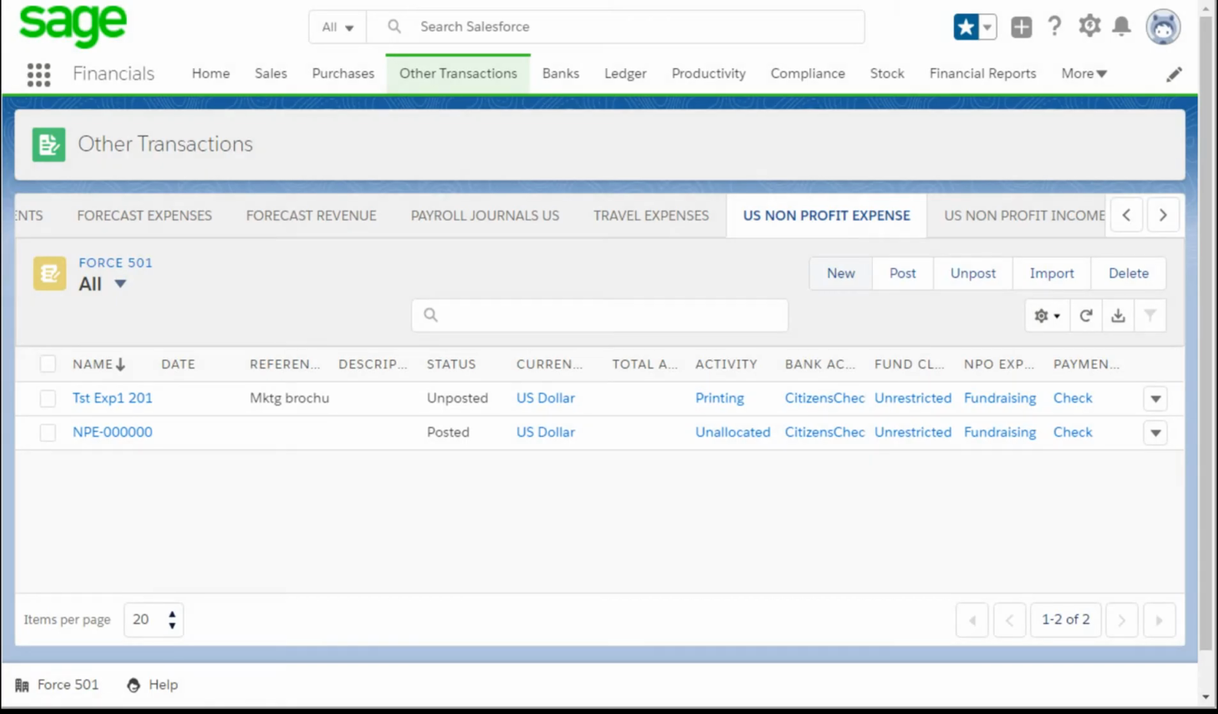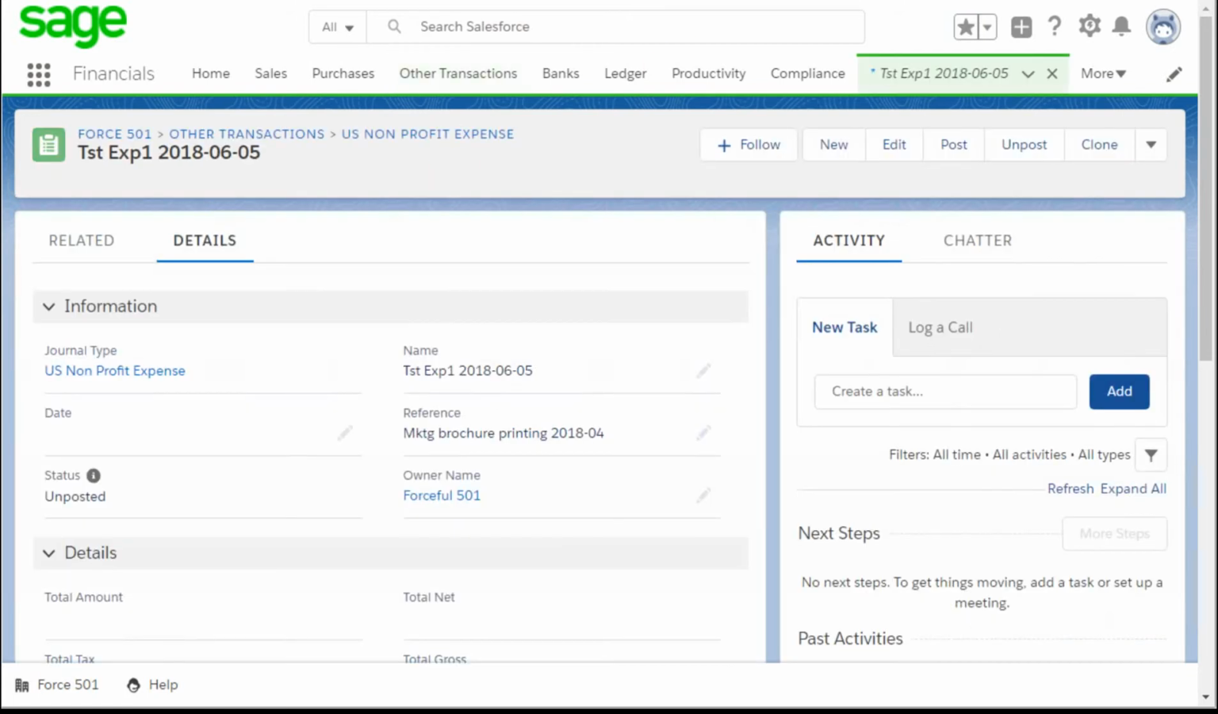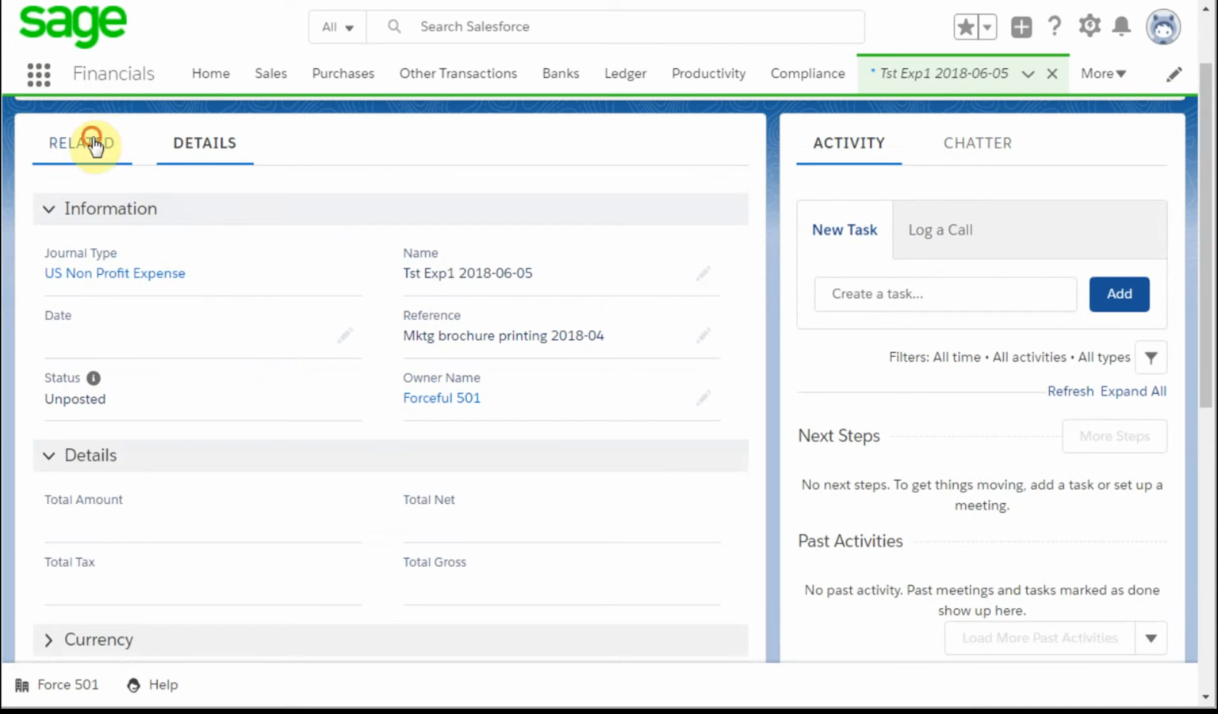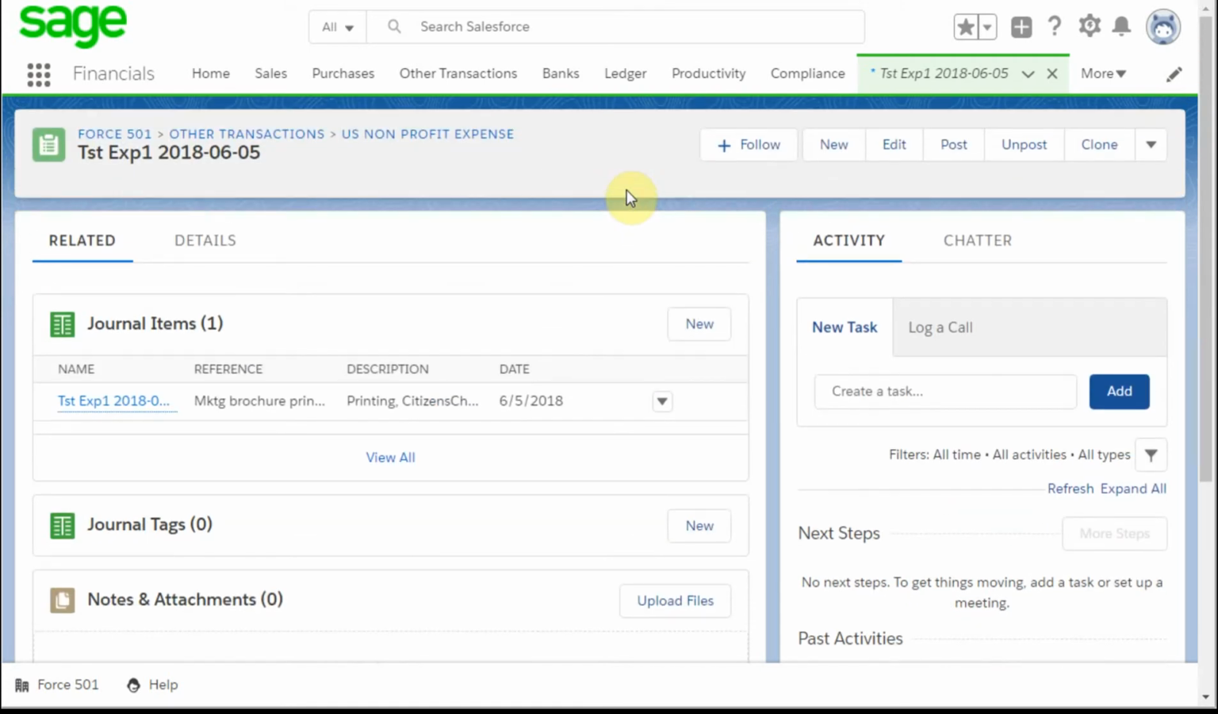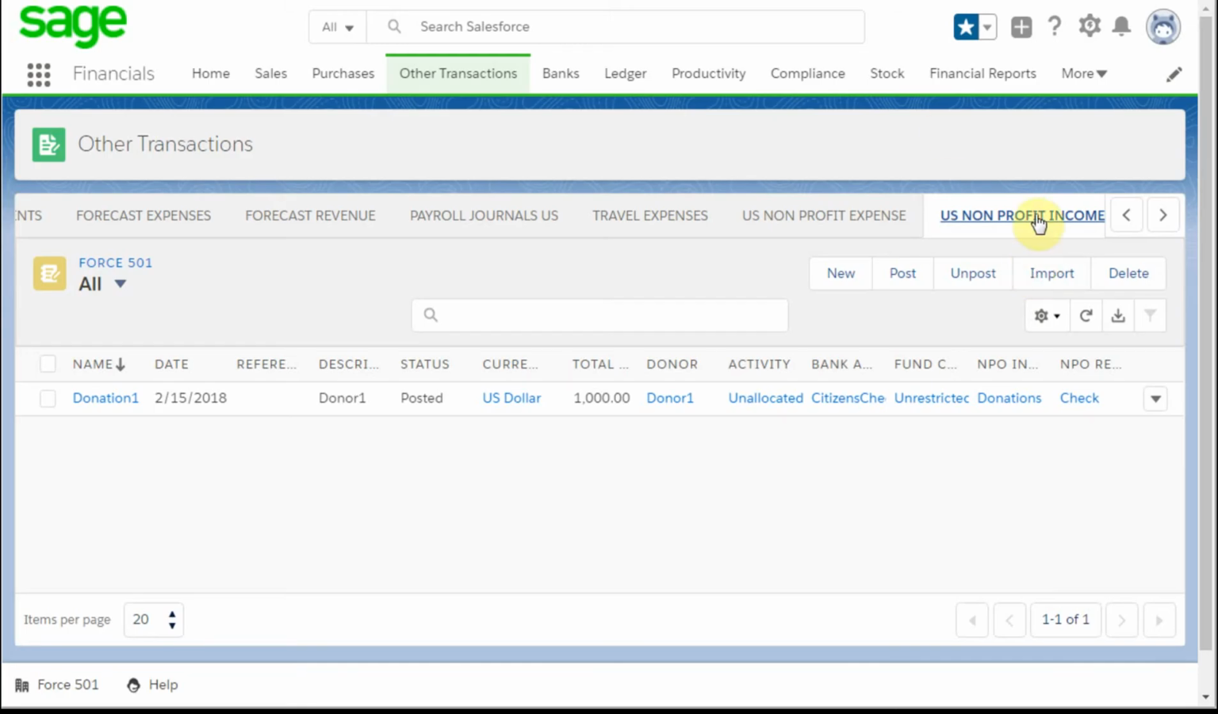We're going to look instead at one of these. Let's take a look at this test, just to show you that this is a record with details and with the related fields. And so we're able to look at how these things work. So, very simple from a navigation perspective, and we're able to understand that. Then if we want to, we can go back out to other transactions and take a look at the